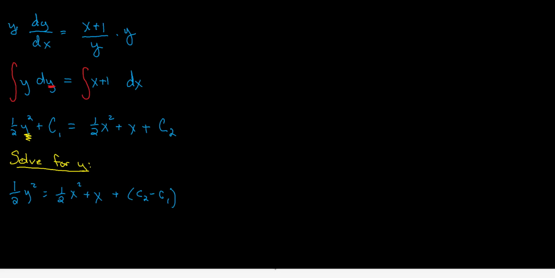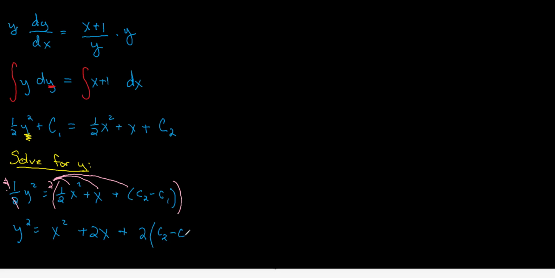Now again, I'm still after y, so let's peel off this 1/2 coefficient out in front. To undo the 1/2, I'm going to multiply both sides by 2. So goodbye, goodbye. And if I do that on the left-hand side, remember, I've got to multiply everybody by 2, so I've got to distribute that 2 over all those terms. On the left, I have y squared. And on the right, 2 times 1/2 just gives me 1, so I've got an x squared, I've got a plus 2x, and I've got a plus